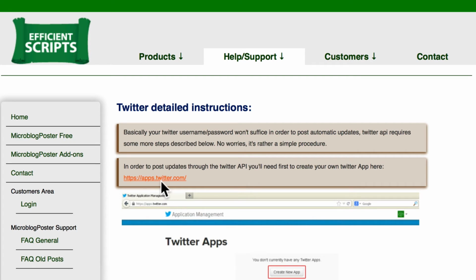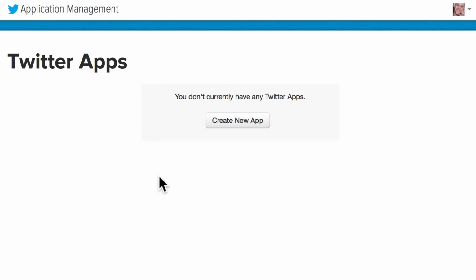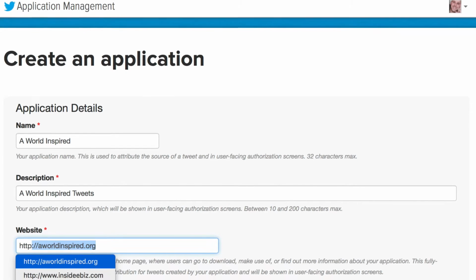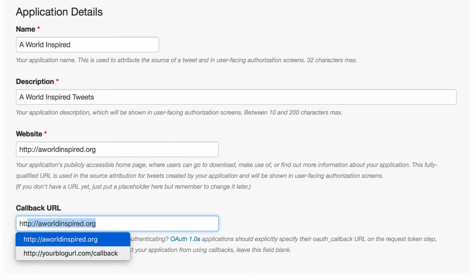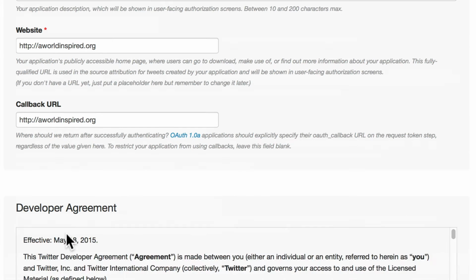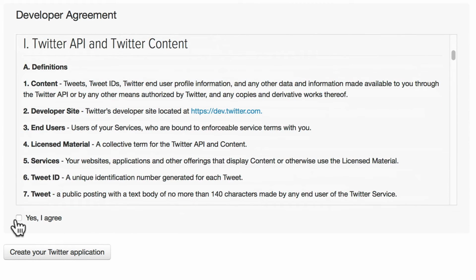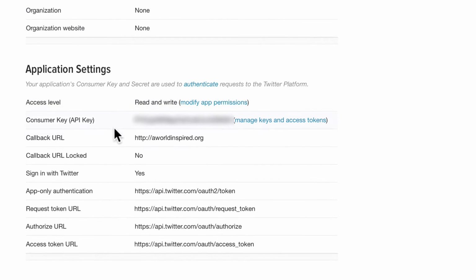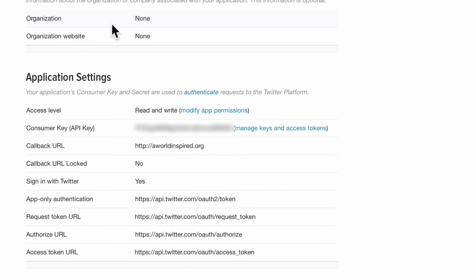The first thing we need to do is create a new app inside of Twitter and give certain details such as the name of our app, how we would describe it, our website that we are tweeting from, and then you need to put in a callback URL. After you created your application, it'll give you the details of the setup. You can go back and change some of these later on if need be. And you want to make sure your permissions are read and write